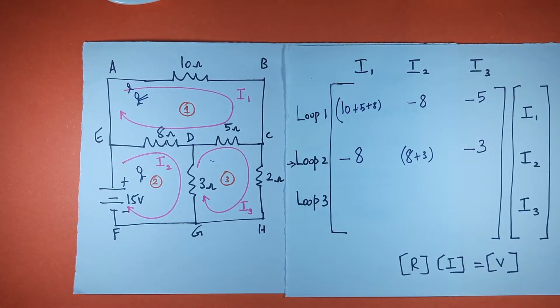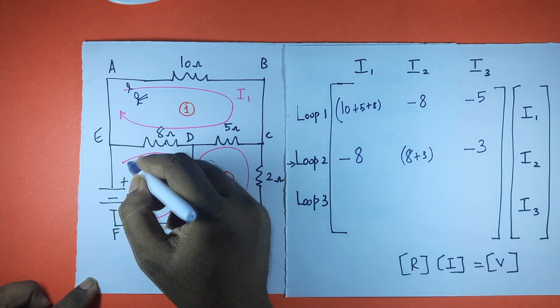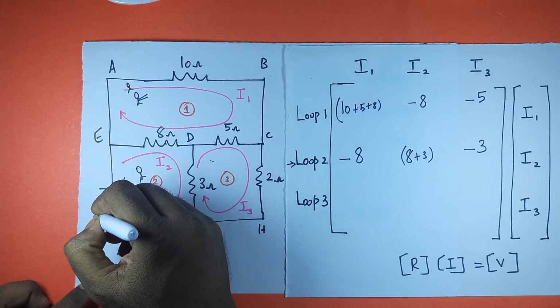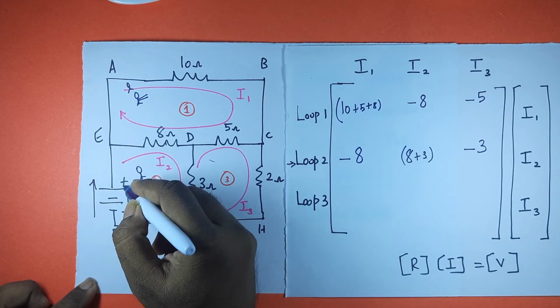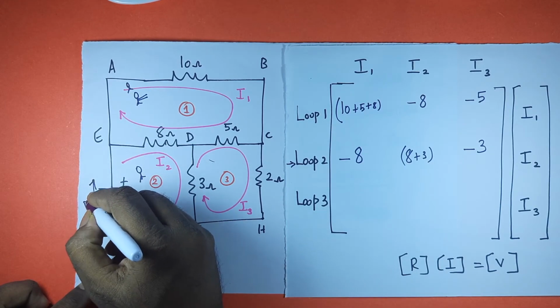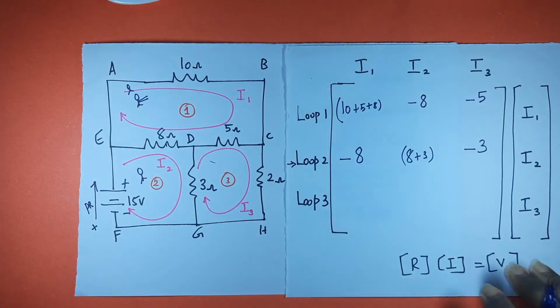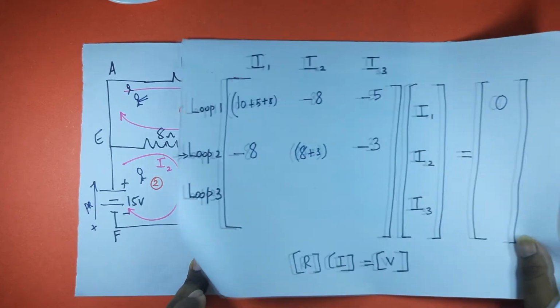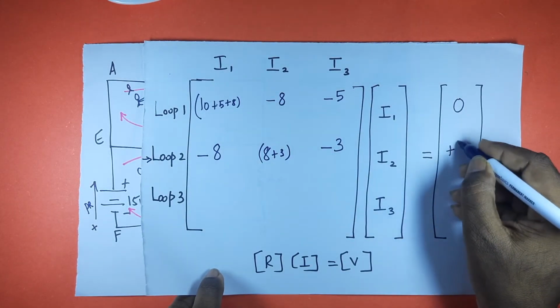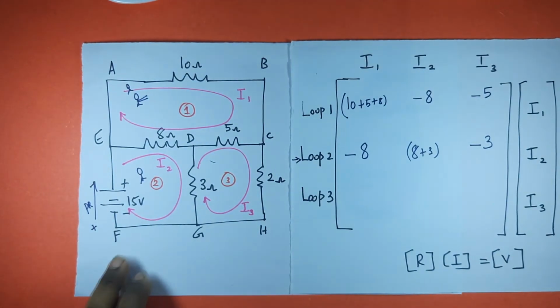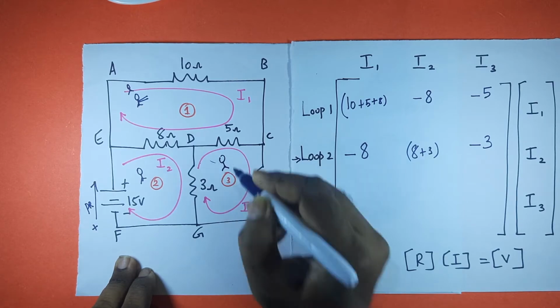Next, very important thing, any voltage source. We have voltage source 15 volts. So you just move along in the clockwise direction. Here you are moving from negative terminal to the positive terminal. So this is a potential rise. Potential rise means plus. So under voltage you have to put plus 15, right?